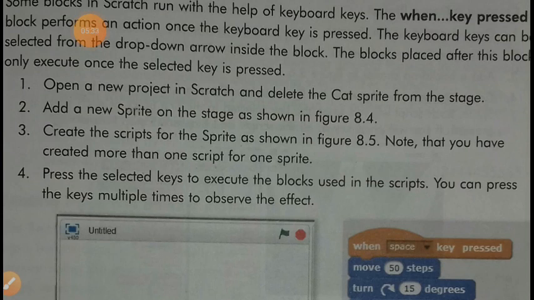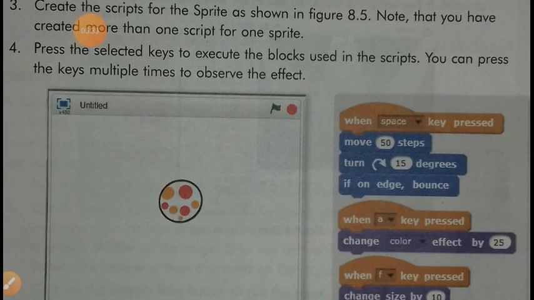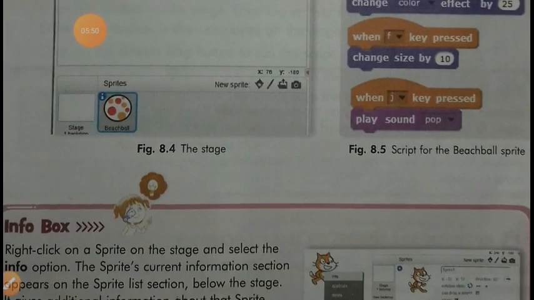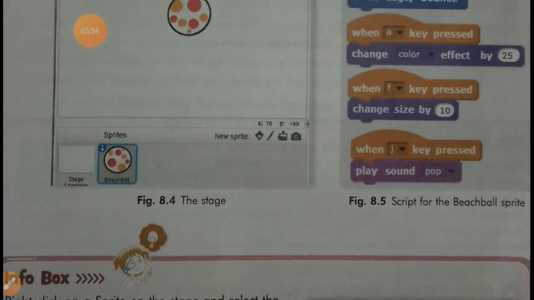Note that you have created more than one script for one sprite. Press the selected key to execute the blocks used in this script. You can press the keys multiple times to observe the effect. Okay, now come to the next topic.